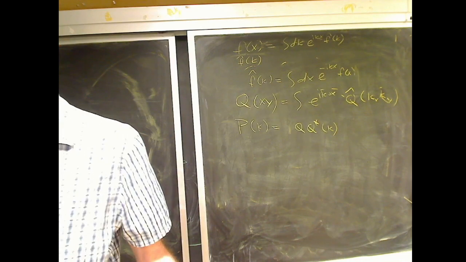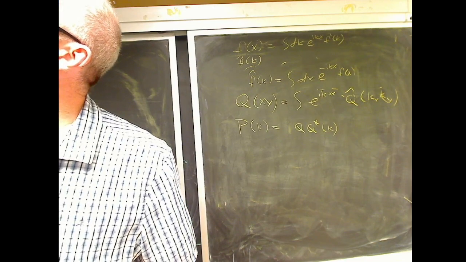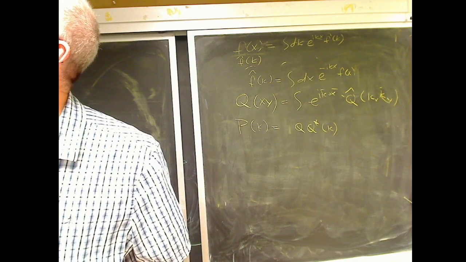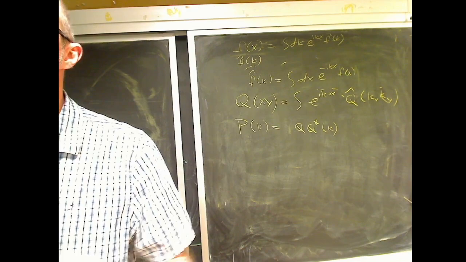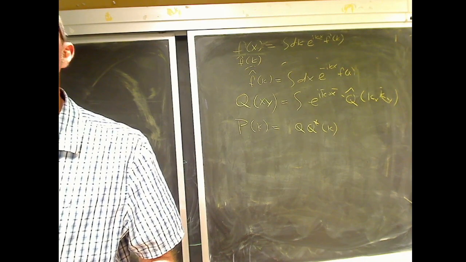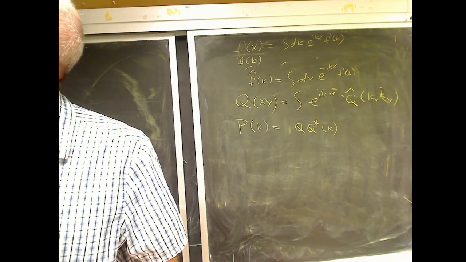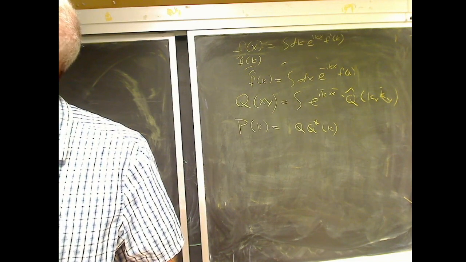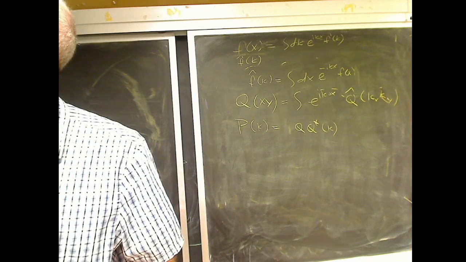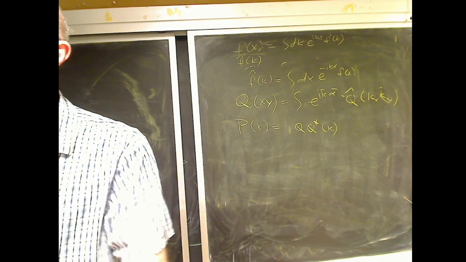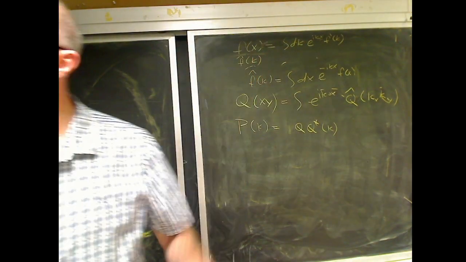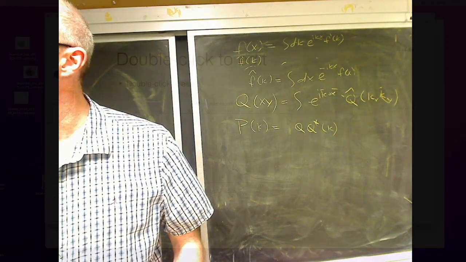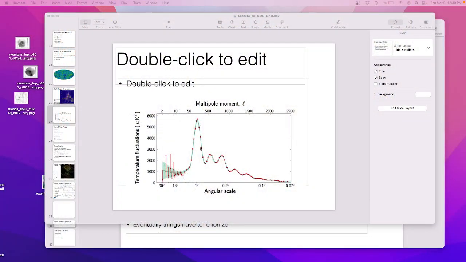The sky is in theta, so this is just 1 over x. Or angular scale, which is just related. So I have x on the top and 1 over x on the bottom. So big scale on the left-hand side, and little scale on the right-hand side. So this is small fluctuations, and this is big fluctuations, big angular size scales. Does that make sense? This tells us the size of the fluctuations.